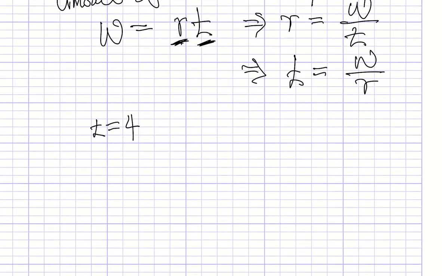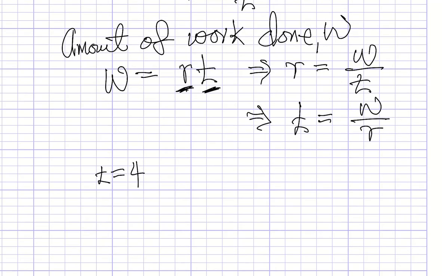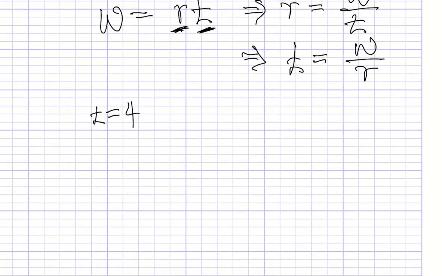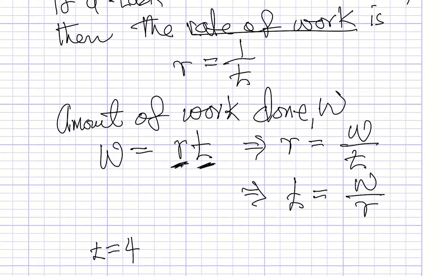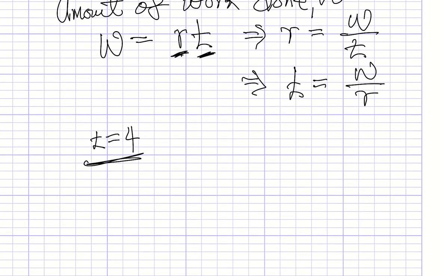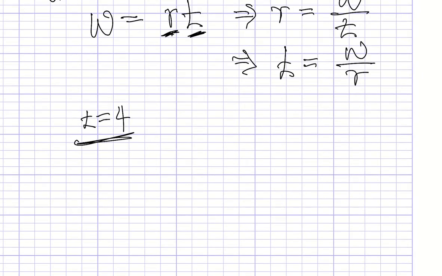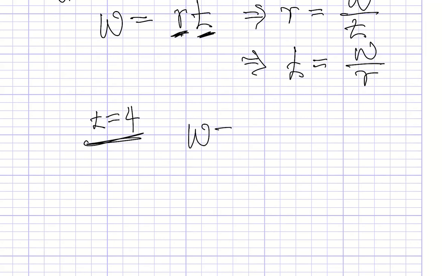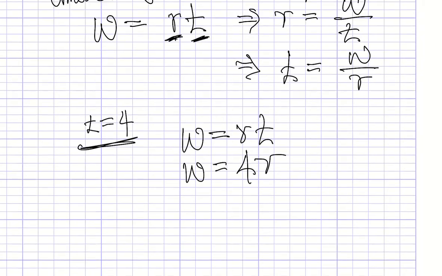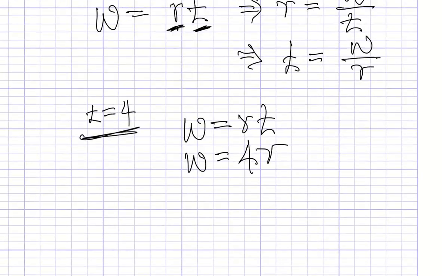Then you can say the amount of work done when you finish is the rate times time, right? So work equals 4R, okay? And then from there you can say in 2 hours,